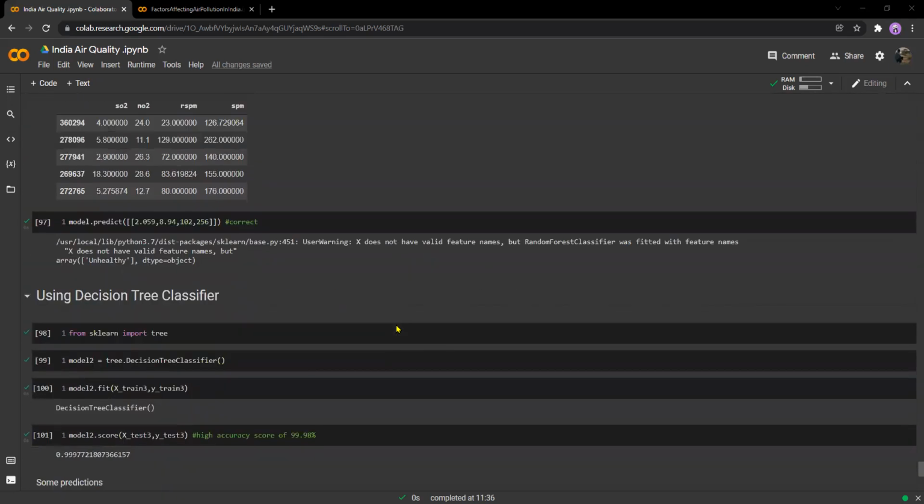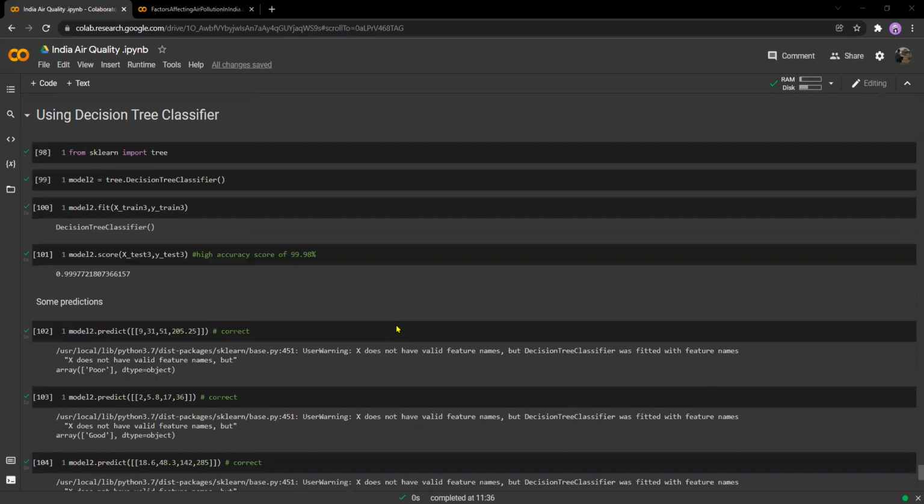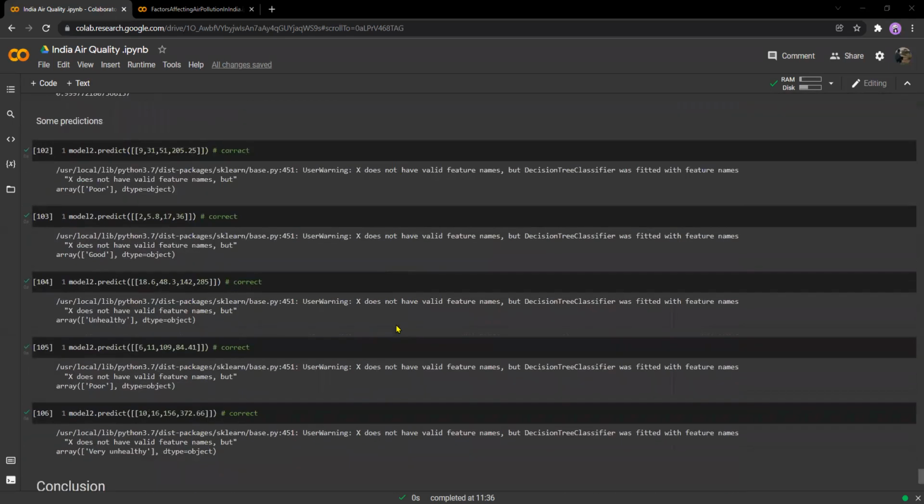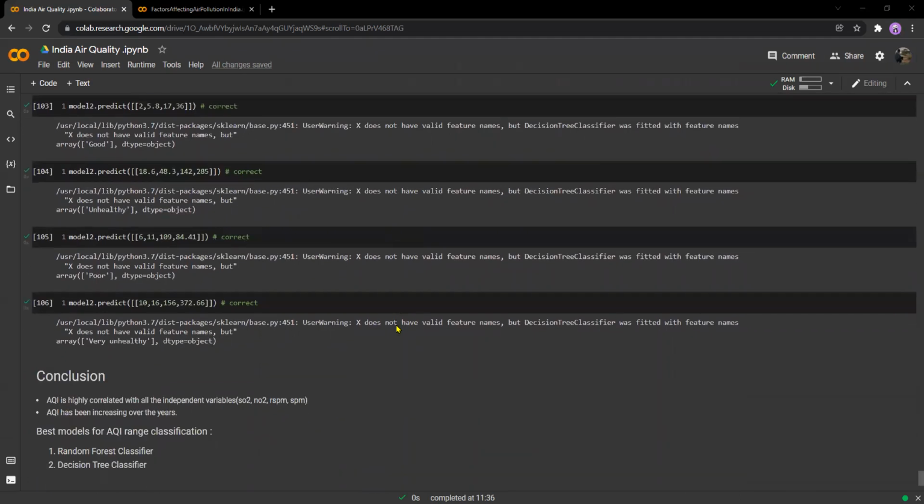And the last algorithm we have tested is the decision tree algorithm. It is the base part of the random forest classifier. Similarly, we have imported the decision tree classifier, and we have found the accuracy, which is 0.99. And we did some other predictions, and finally we can conclude that